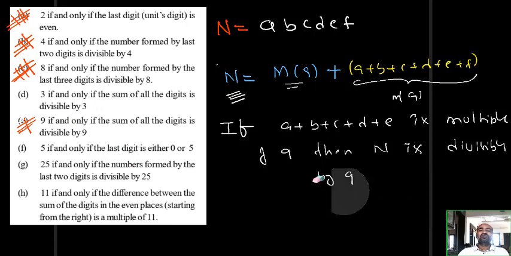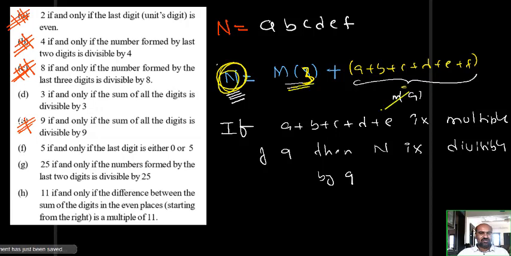Okay. A multiple of 9 I can write as a multiple of 3 also. What is the problem? A multiple of 9 means a multiple of 3, no? Both are the same. So when n is divisible by 3, this is a multiple of 3. If the summation of the digits is divisible by 3, the total number is divisible by 3. If a plus b plus e is a multiple of 3, then n is divisible by 3. So this is the divisibility rule of 3. A number is divisible by 3 if and only if the sum of all the digits is divisible by 3.